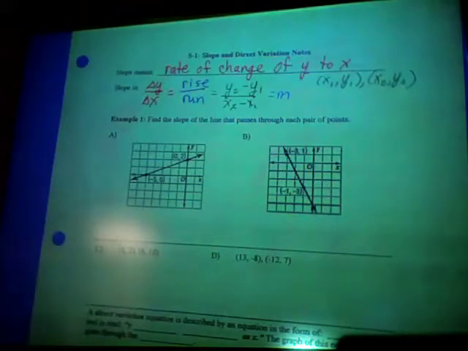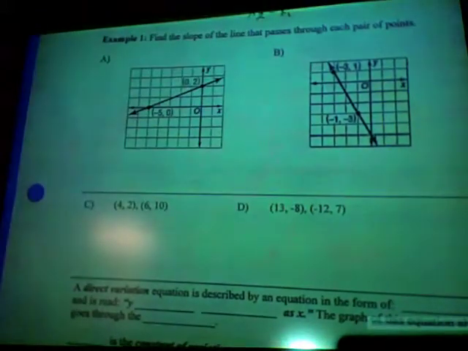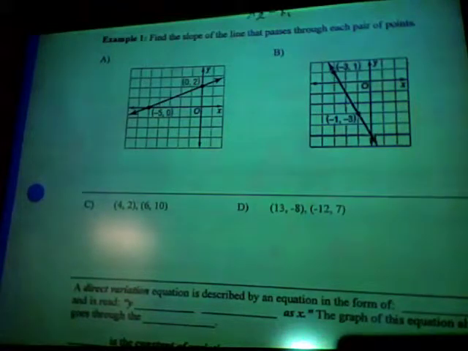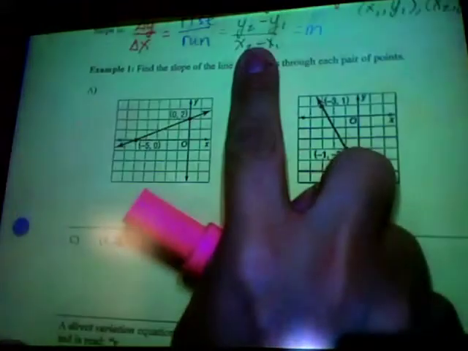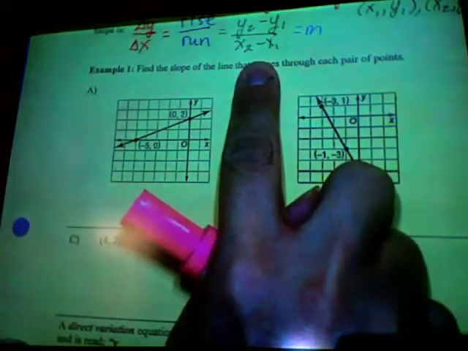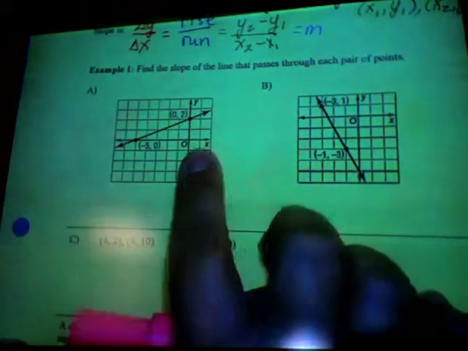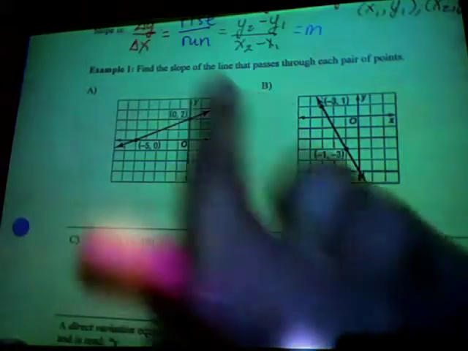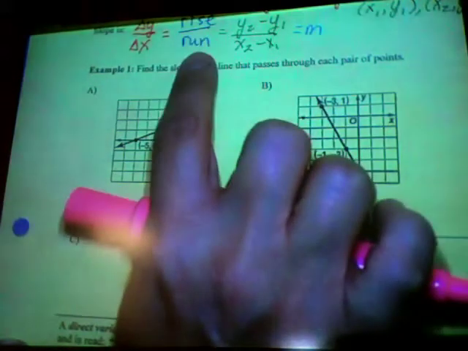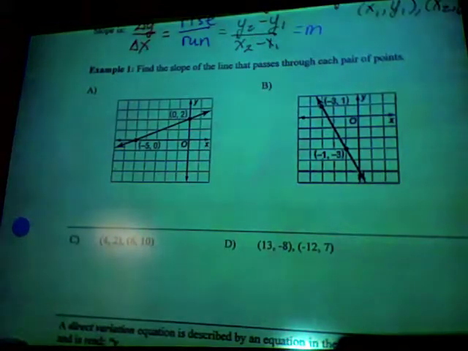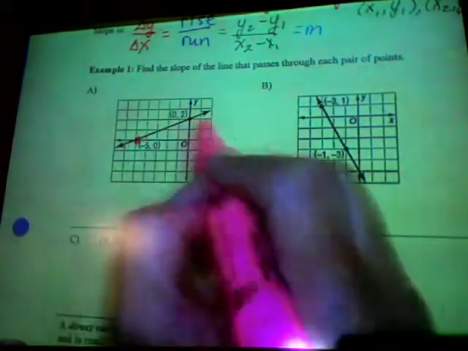All right, so example 1. We're going to find the slope of the line that passes through the point. So not only do you have a graph, but you also have the ordered pairs. So you could do one of two things. You could either use the algebra formula, y sub 2 minus y sub 1 over x sub 2 minus x sub 1, because you got the ordered pairs, right? But anytime I've given a graph, I'm going to find my rise and my run. It'd be a lot easier to find your rise and your run, but you have to pay attention to the direction. So look here, if these are my 2 points from here to here,